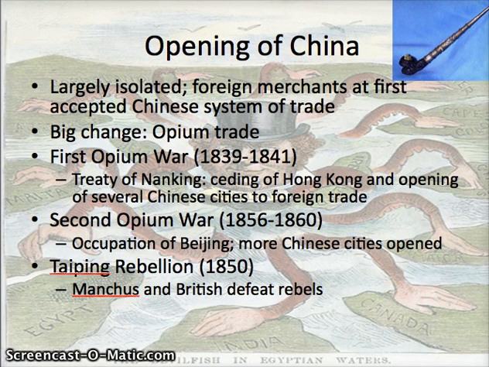Okay, so the first area of significant imperialism that we're going to talk about is China. All right, so before imperialism starts in China, China is one of the most isolated countries from the West. They tended to have absolutely no interest in trading with Western countries at all. And when foreign merchants did come into China, they had to respect all of China's rules, their existing system of trade. So, basically, China was running the show as far as trade was concerned.